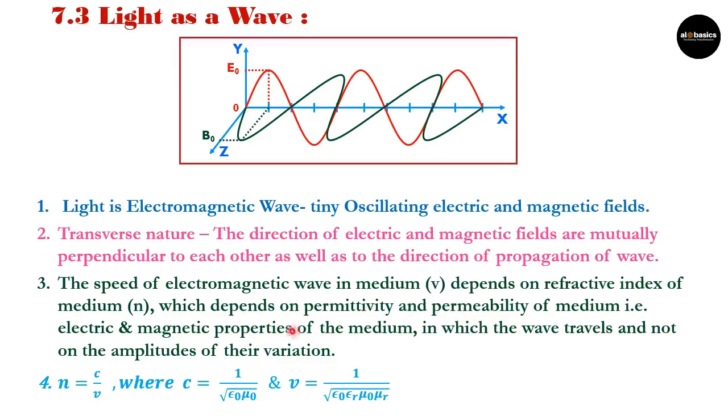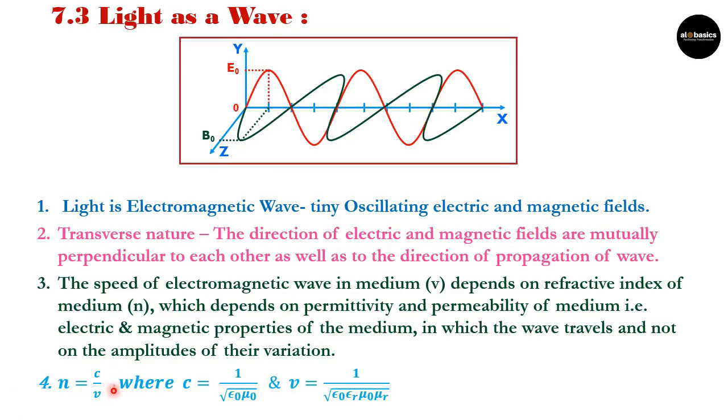And this refractive index depends on these two quantities of the medium in which the wave travels, and it is independent of the amplitude of variation. Whatever E0 and B0 are, they will not contribute anything to the value of N. Now, how is this value of N given? It is given by the formula